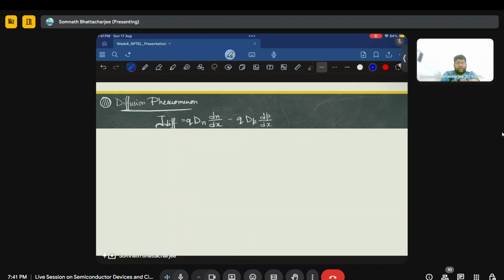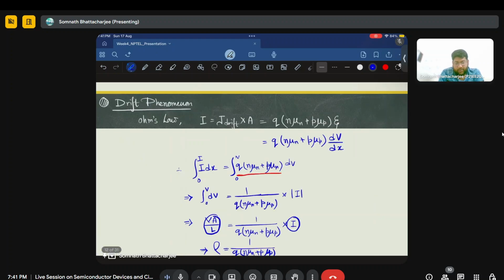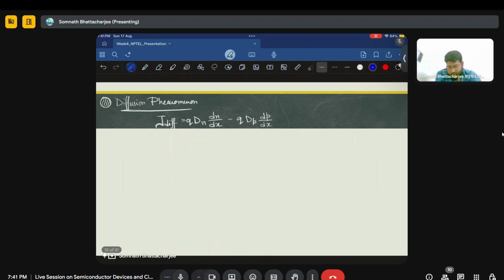This was based on the diffusion phenomena, and this was based on the drift phenomena, that is q n mu n plus p mu p. If we combine both the effects,